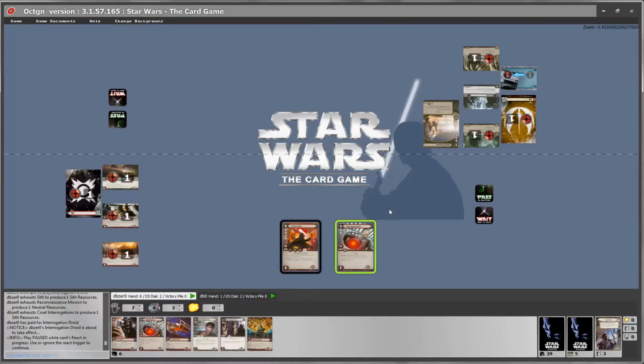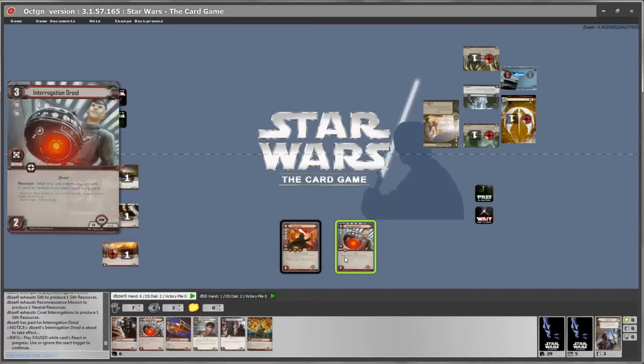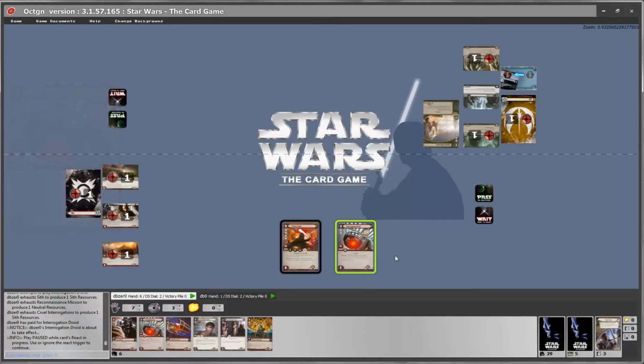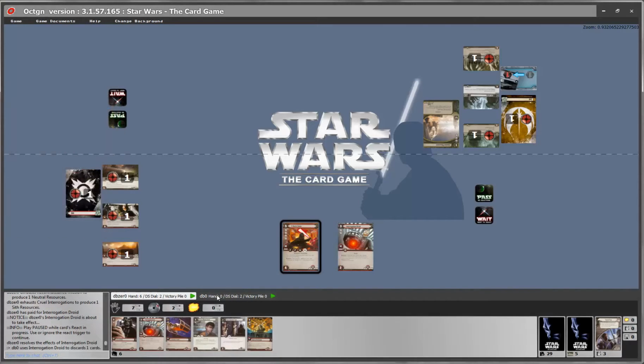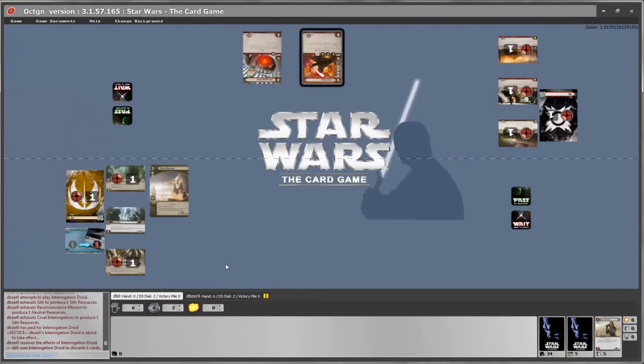A green highlight always means this card has a trigger effect, something basically that happens at a specific point in time, usually a react or an interrupt, and now we have a chance to use it. In this case, the interrogation droid's effect is that it allows us to discard a random card from the opponent's hand. When you see a green highlight on one of the cards, the game expects you to double click on it and the effect will take place. In this case, it will discard the card from our opponent. So let's do it now. Double click, and you saw the hand reduced by 1.